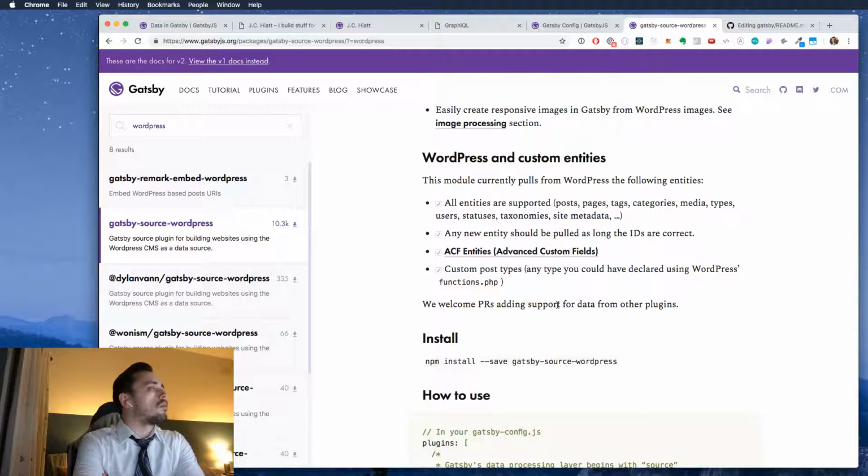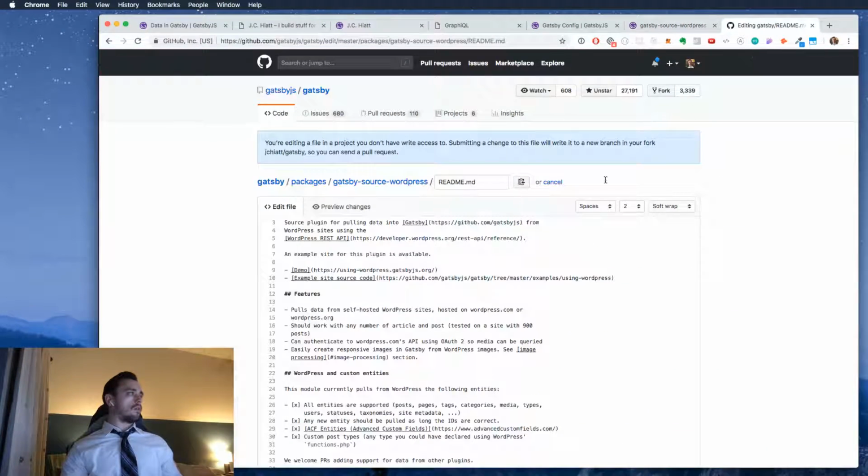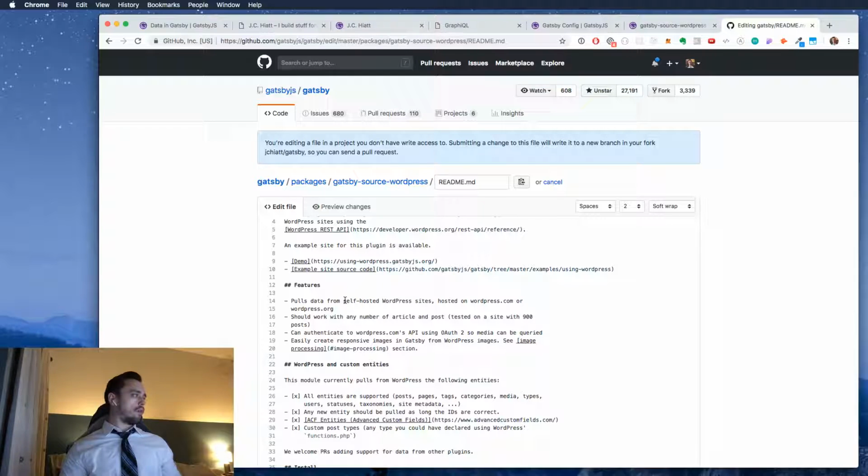All entities are supported. Posts, pages, tags, categories, media, types, users, statuses, taxonomy, site metadata. Any new entity should be pulled as long as the IDs are correct. Alright, so we got a few typos here, so let's fix them up. Pulls data from, I'm going to assume this is what they meant, pulls data from we'll say self-hosted WordPress sites